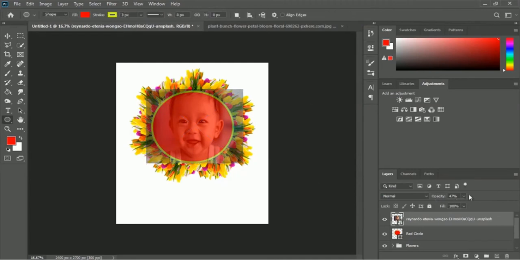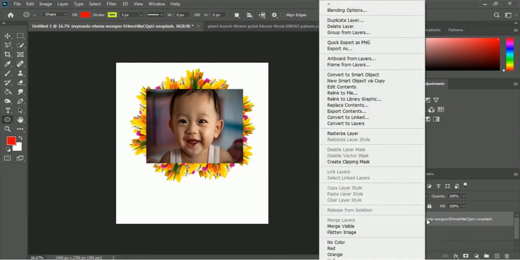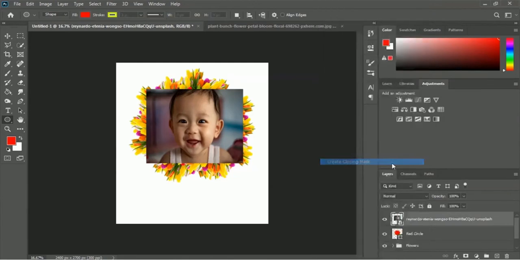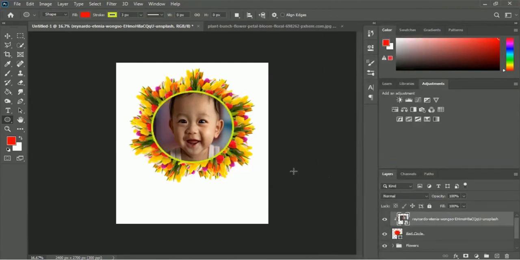Okay, now we will increase the opacity. So let me increase the opacity level. Let's take it to 100%. And right now we will create a clipping mask. So you just have to right click on this layer, then you will get this create clipping mask option. So you just have to click on here, create clipping mask, and you can take a look. This image of the baby is placed inside this round circle,